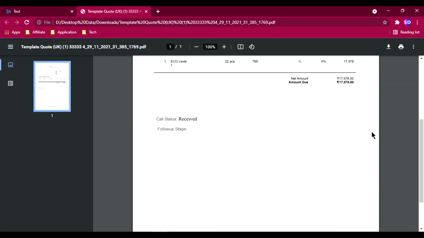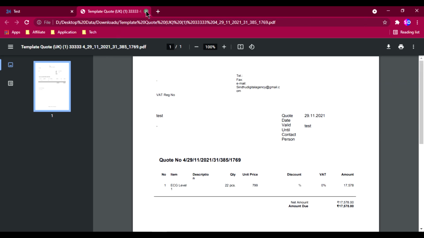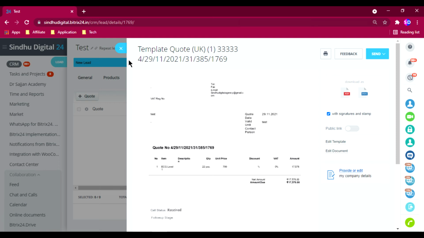the template has been ready, and you can easily send it to the customer, whatever the things happen between you, the employee and the customer. So okay, this is a similar process we need to apply in invoice also. The template might be changed, but the process is the same.